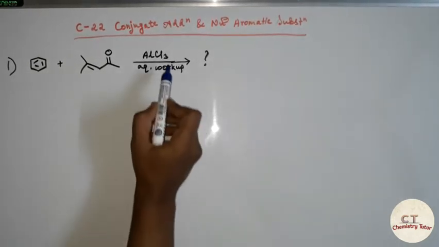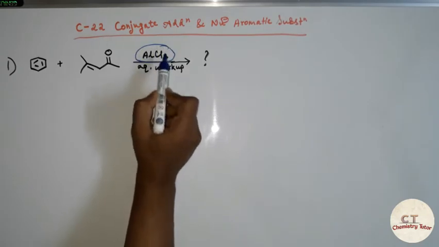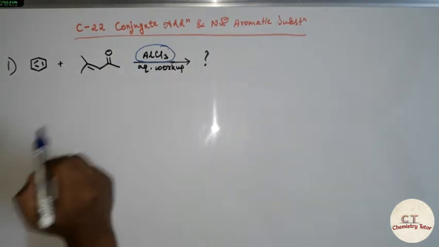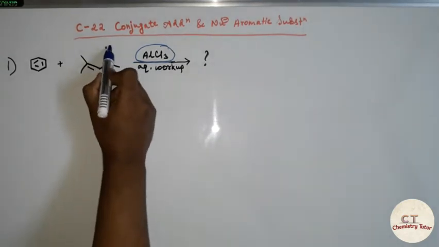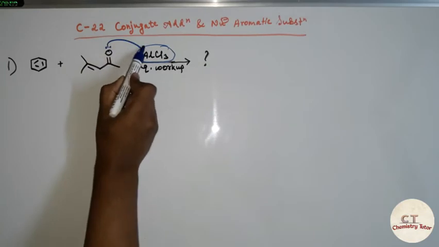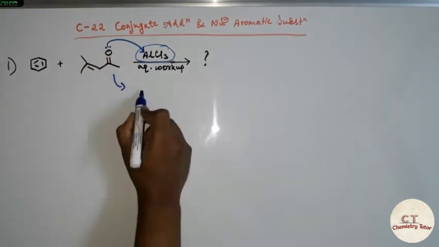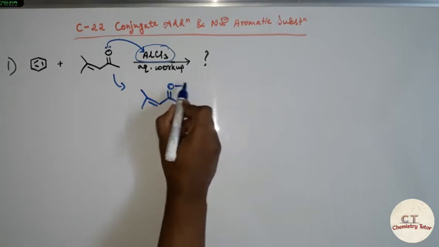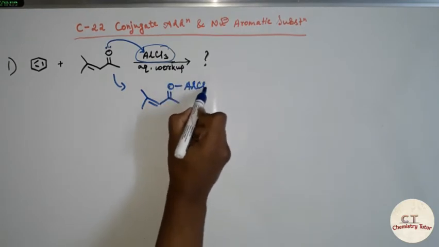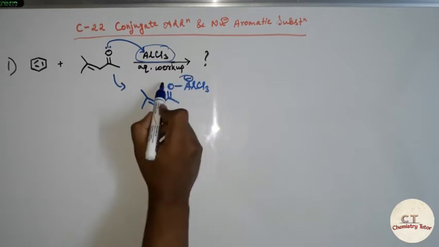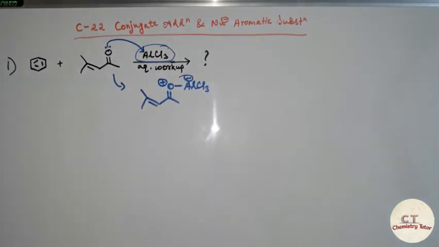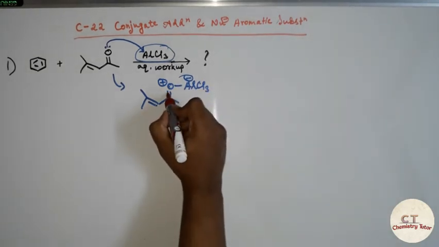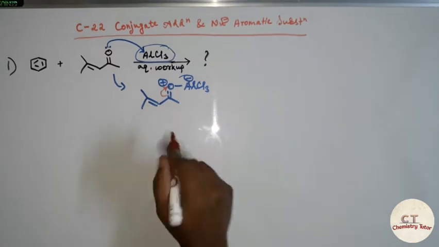First of all, since AlCl3 is a Lewis acid, it is going to accept electrons. Since oxygen has a lone pair of electrons, it can give it to the aluminium and form C double bond O to AlCl3, and there will be generation of a negative charge on aluminum and a positive charge on the oxygen atom. Since positive charge is generated on the electronegative oxygen atom, it further gets stabilized. It will go here and then it will form